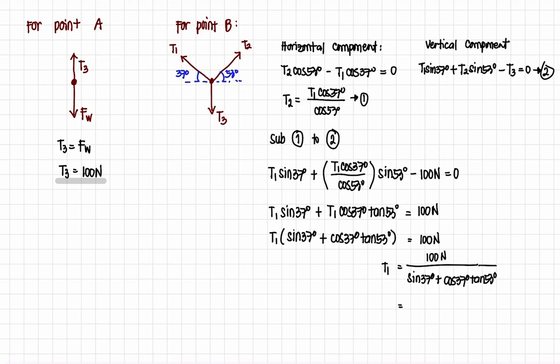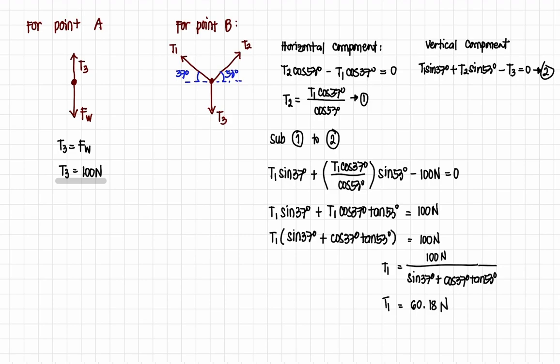So input in your calculator. Again, make sure that your calculator is in degree mode because the unit of our angles is degrees. So 100 over sine 37 plus cosine of 37 tangent of 53 degrees. So our first tension is 60.18